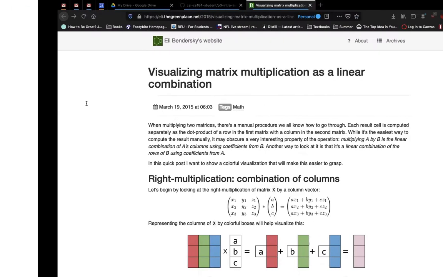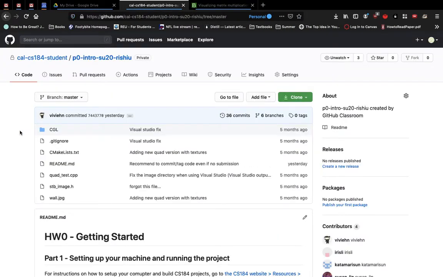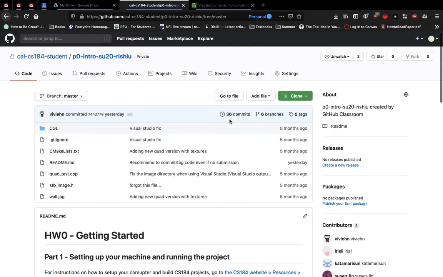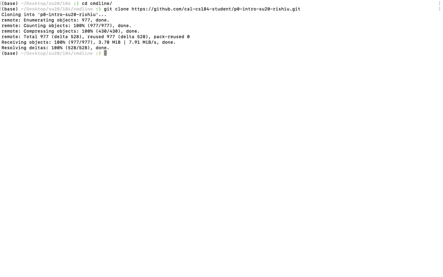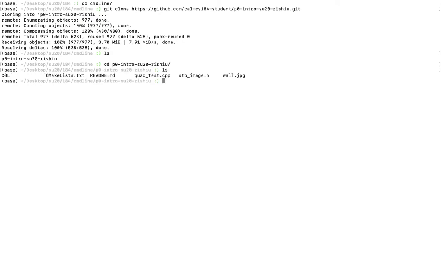So let's get started. So if we come over here, here's my repository for this first project. So I'm going to get the link and I'm going to go wherever you want, on whatever folder on the command line, and we're going to go ahead and clone this. So once it's cloned, we can go into the directory, see what's inside, a few files, a C++ file. What we're going to want to do is make a build folder,